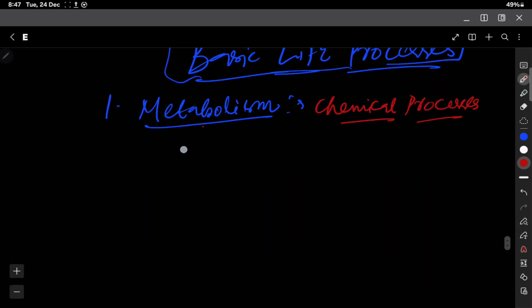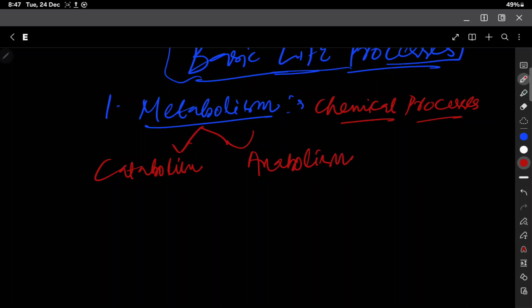Now metabolism can be either catabolism or anabolism. So catabolism, and the second one is anabolism. Catabolism means breaking down of complex chemical substances into smaller ones. For example, I will give an example of catabolism. For example, you have a protein. If this protein breaks down, for example,